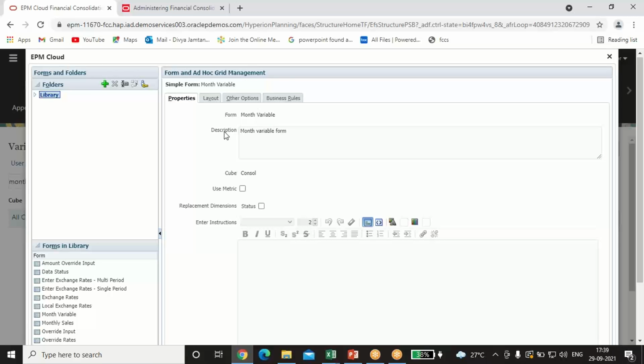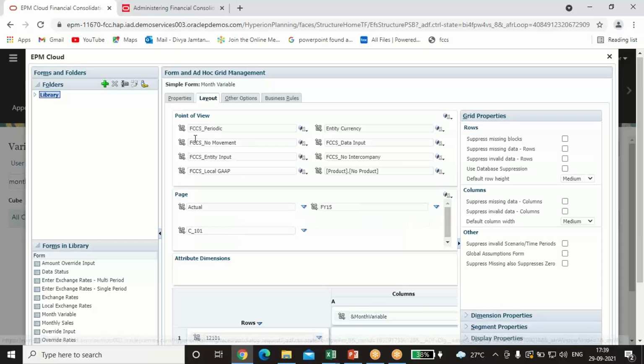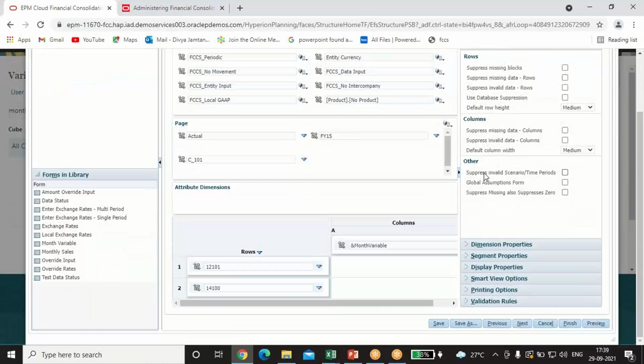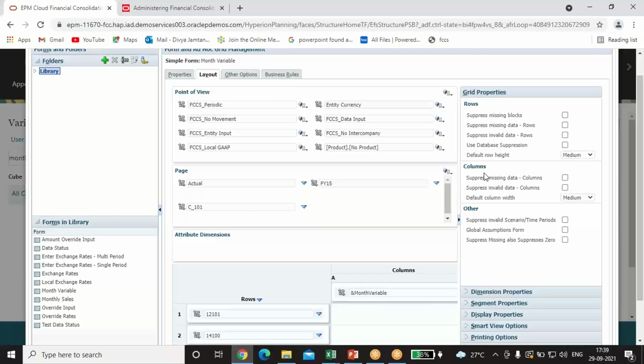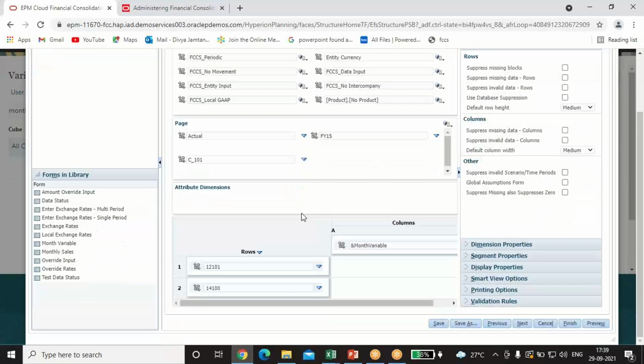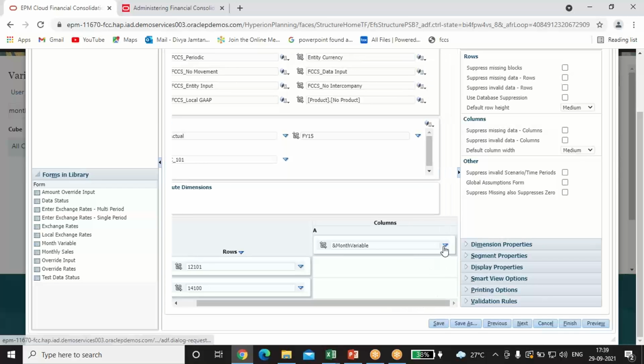You can give the form name and the description of the form in the properties tab. Under the layout tab, you basically define all the intersections. Here I have taken account on the row side, and in the column I have taken the period. When I select the period,